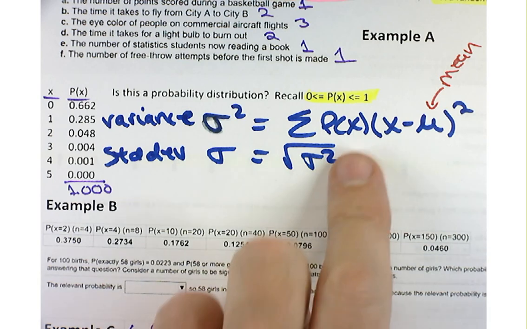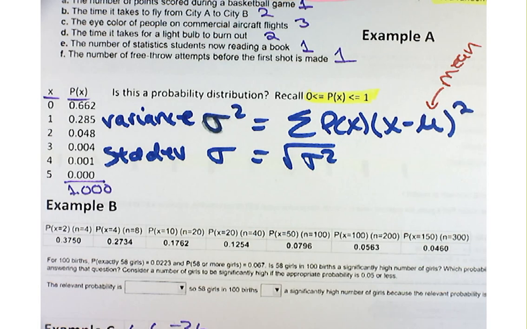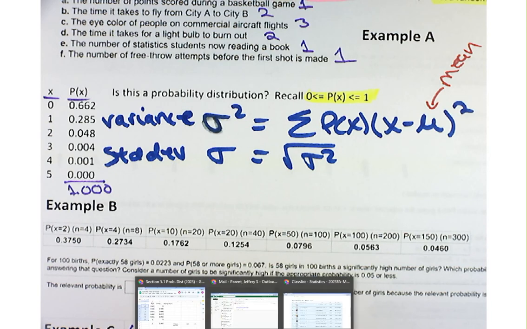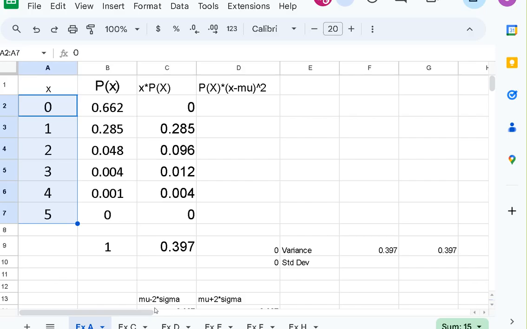This is a little bit more of a painful calculation, which is why we're going to do it on Google Sheets. So on your next exam, you can expect to use Google Sheets. Now, I'm going to give you the commands that you might need for things like factorial and permutations, but you are going to have a little bit of skill with Google Sheets. Let's take a look at what that's going to look like here.